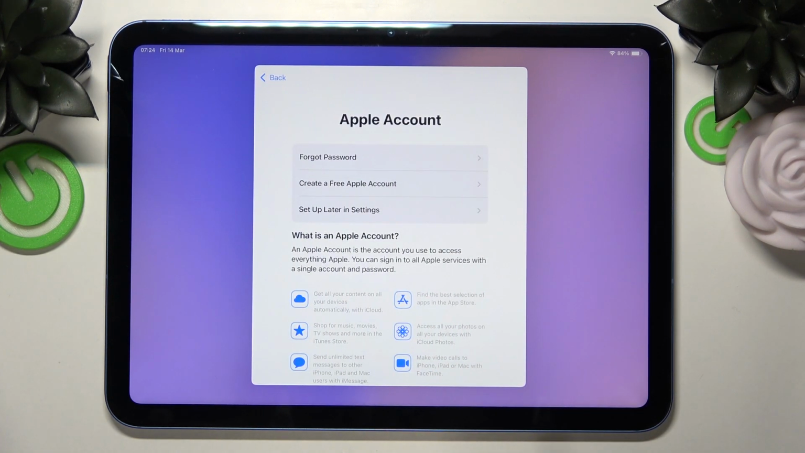Then you can either create the account, and it's gonna be pretty useful because without it you can't add your tablet to the Find My. So if your tablet gets stolen or lost, then if someone takes it, they can just reset it pretty simply and just use it. So to protect your tablet, and later on you can find it on the map, the